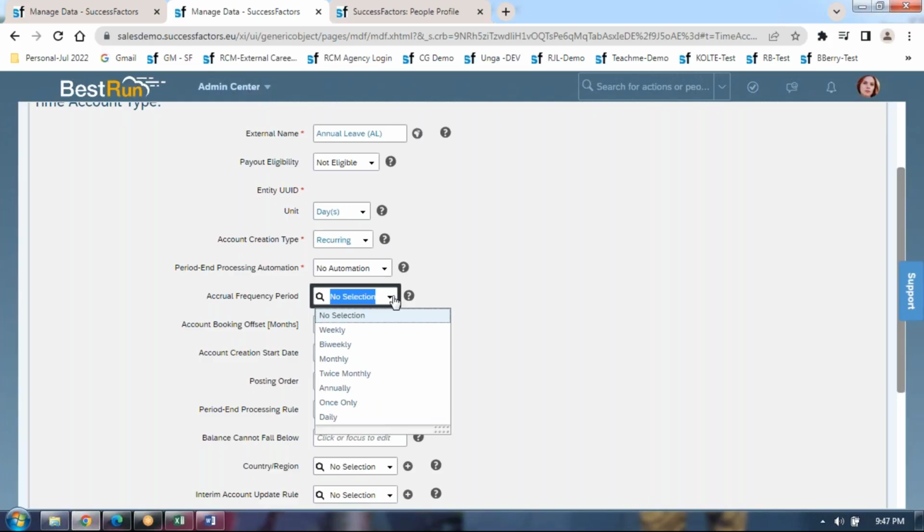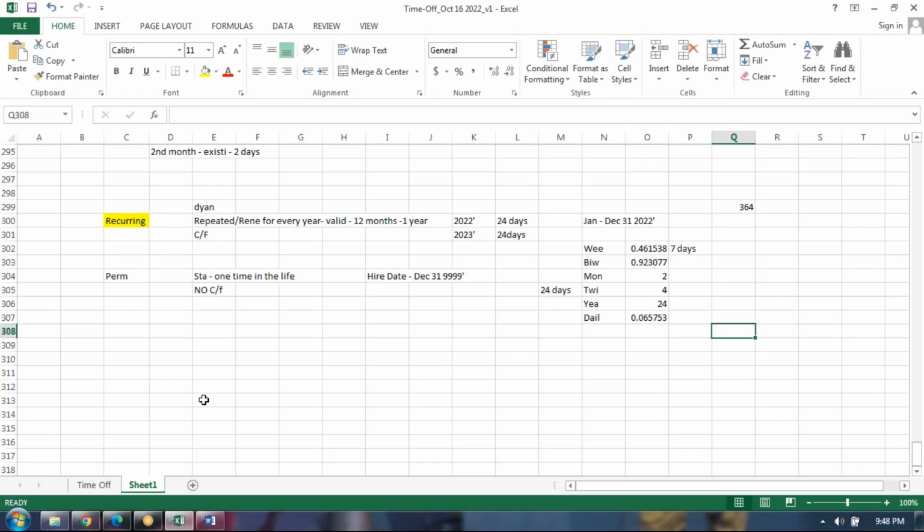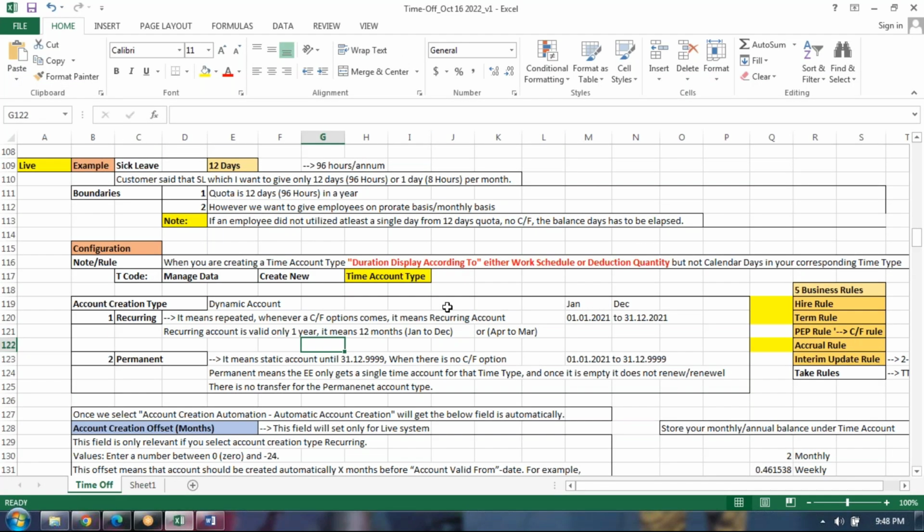You can choose either weekly, bi-weekly, monthly, twice monthly, annually, etc. Now guide me, someone: which frequency matches our requirement currently for this annual leave requirement? Annually. It is annual leave, annual for sick leave. Guys, for annual leave, annual is the frequency. For sick leave,